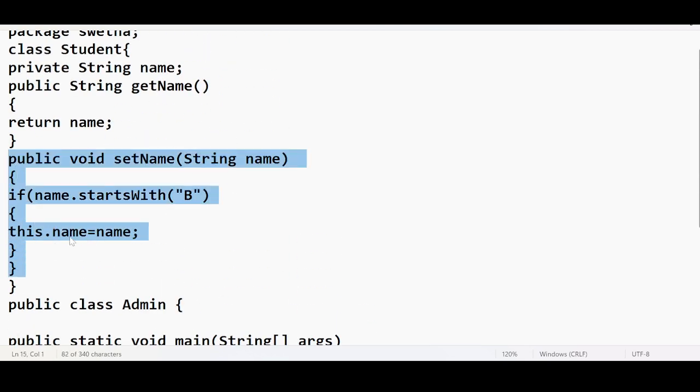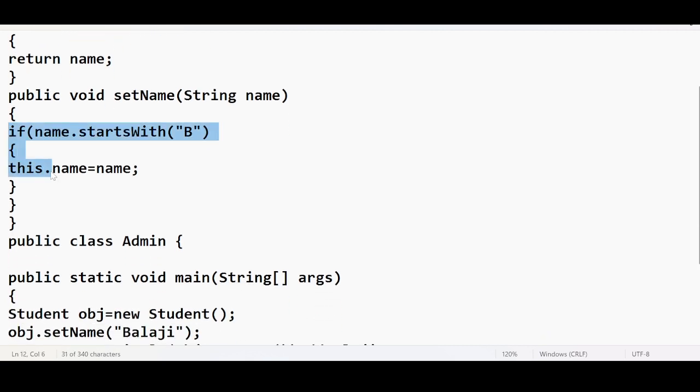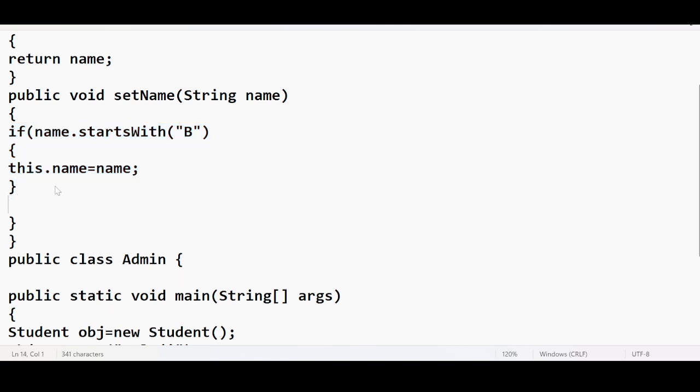It is not like we are giving this dot name equal to name and this will get assigned to the instance variable and we can access it. That is not the fact. I want to store the name that is starting with the B alphabet. So this is a conditional check that I can perform. Don't you think so? Name dot starts with B. Else